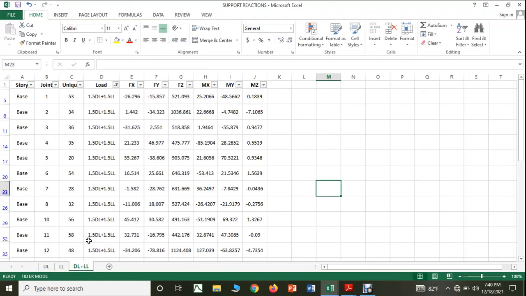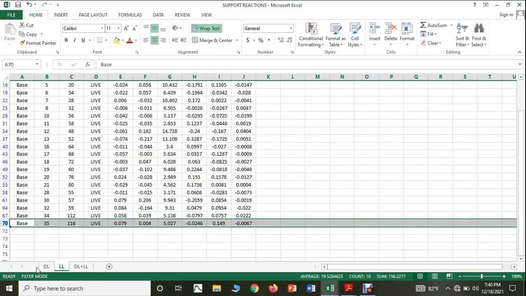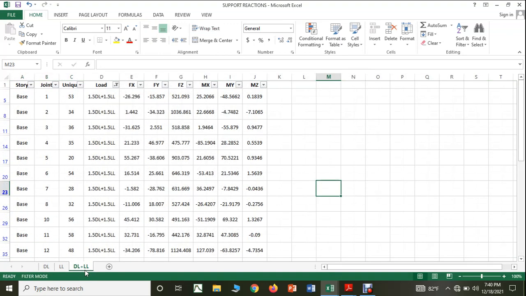This is the Excel sheet representing the dead loads in each and every column, this is for the live load, and this is for the combination of dead load and live load. By looking into these three Excel sheets, it is very clear that the load on which the columns